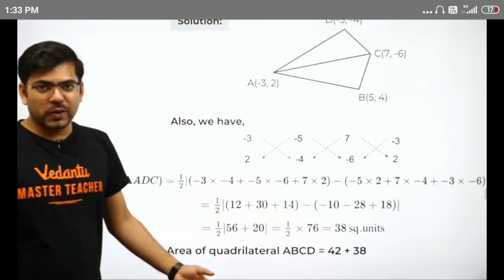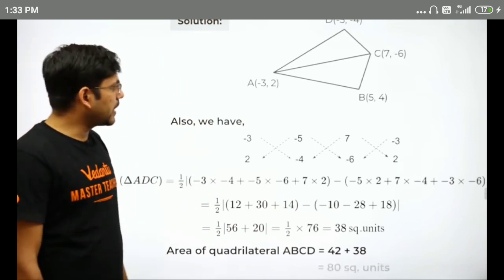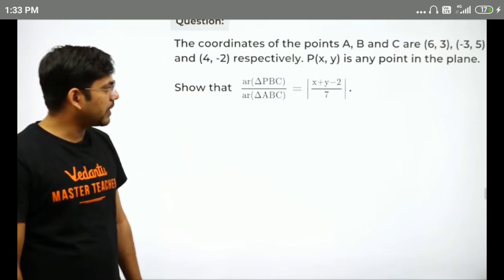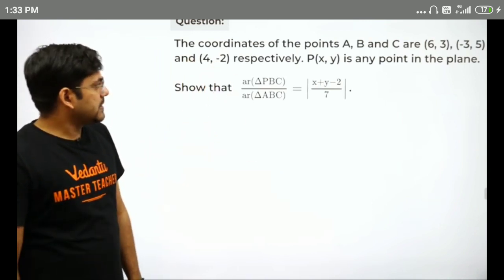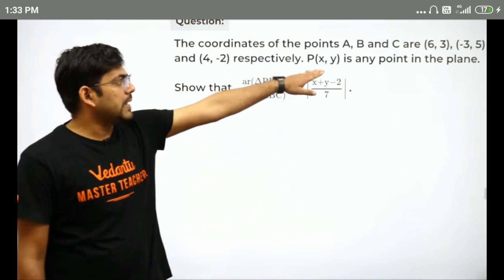Now, moving on to our next question. The next question goes like this. 80 square units is the final answer. Coordinates of the points A, B, and C are this, this, and this respectively. P is any point in the